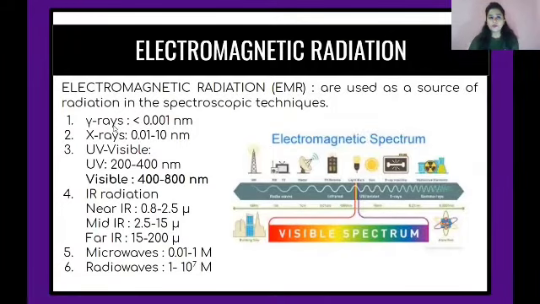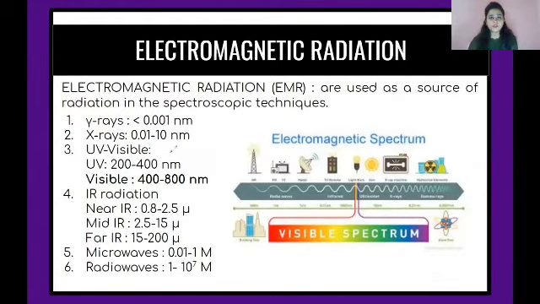So gamma rays, we already know, are generally used for radioactive devices or radioactive element study. X-rays are generally used for penetration purposes, as we know in X-ray machines. UV rays are also the cause of cancer and different sunburns because of the UV radiations. The visible region consists of a lot of radiations.